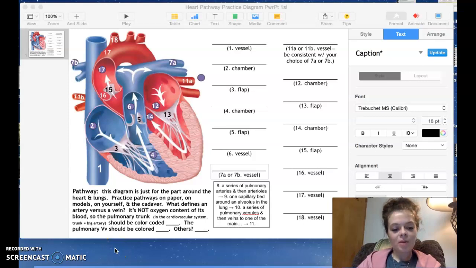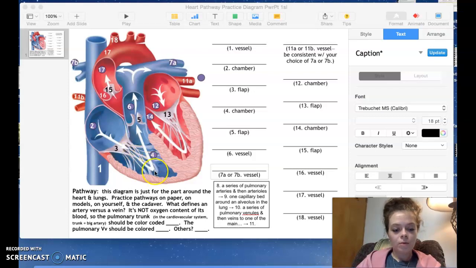So today we're going to talk about the pathway of a red blood cell through the heart and the lungs and into the body. So it's first going to enter the heart by either the superior vena cava or the inferior vena cava, or the entrance to the right atrium by the coronary sinus. So 3 possible entryways into the right atrium. And then it will pass by the tricuspid valve, which is also called the right atrioventricular valve, into the right